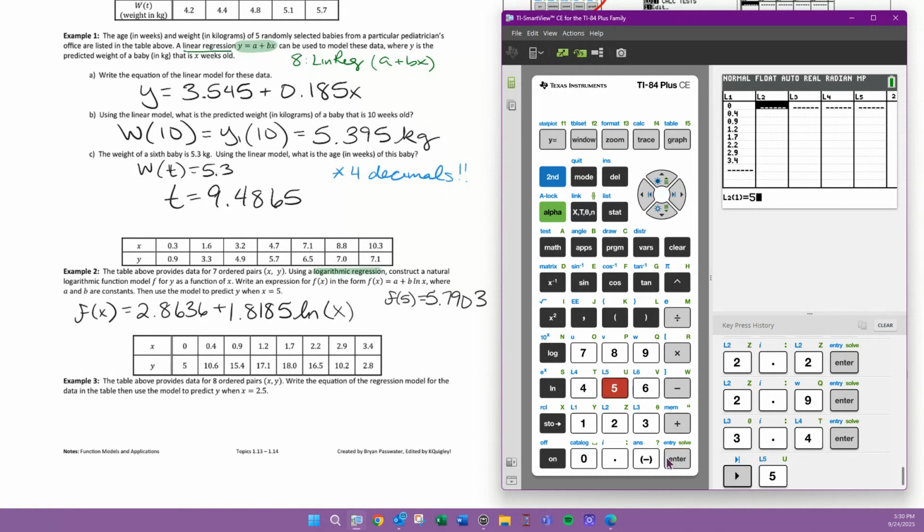And then the outputs. And once I get all of that in there and I check my typos,